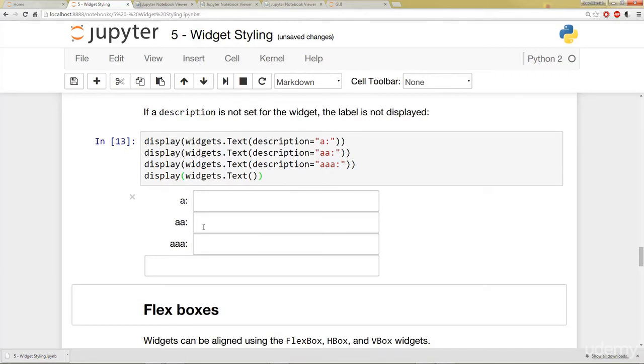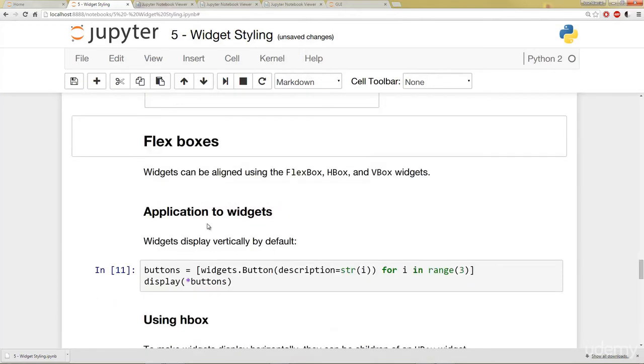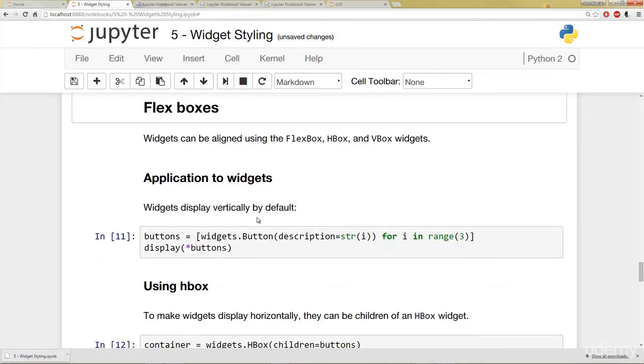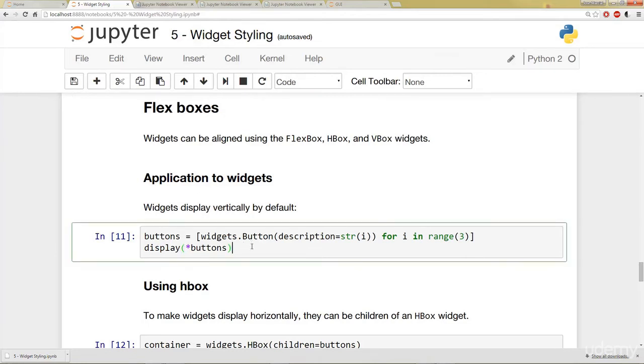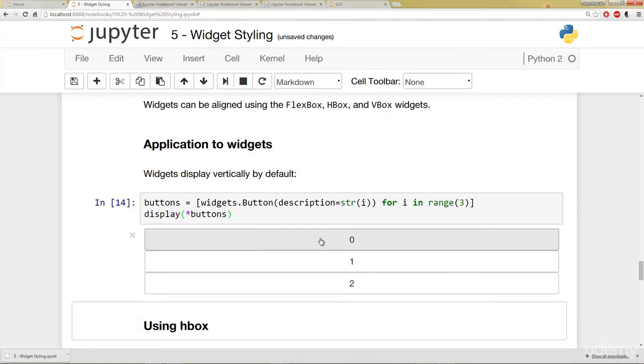So you can mess around with the alignments, or you can also use what are known as flex boxes. We can use these flex boxes, which are flexbox, hbox, and vbox widgets, to align our widgets. So for example, if we want to display them vertically, by default, it'll display them vertically.